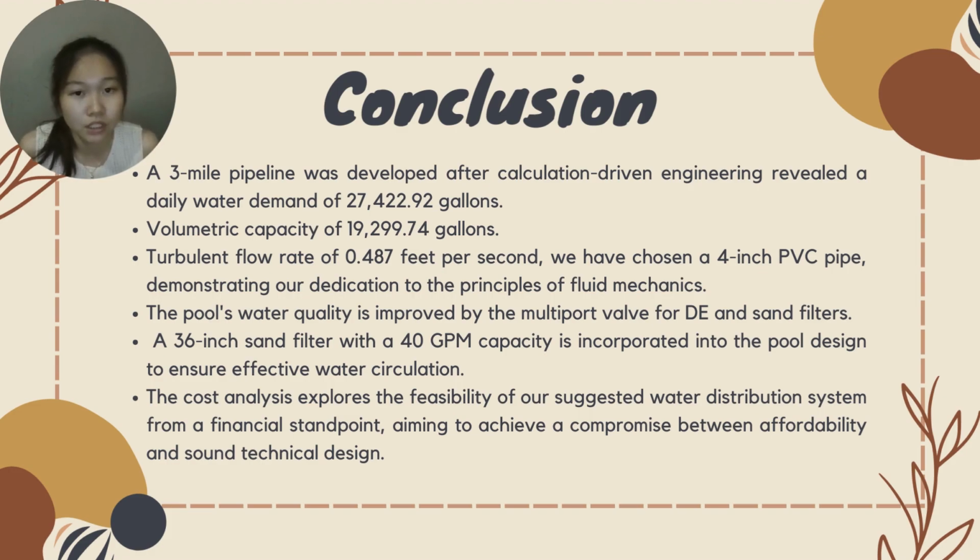We have chosen a 4-inch PVC pipe, demonstrating our dedication to the principles of fluid mechanics. Then, the pool's water quality is improved by the multi-port valve for DE and sand filters. Then, a 36-inch sand filter with a 40 GPM capacity is incorporated into the pool design